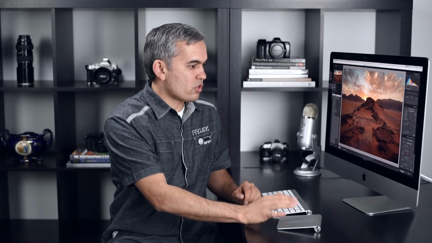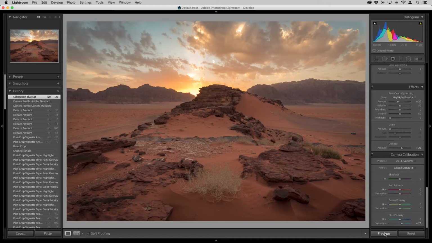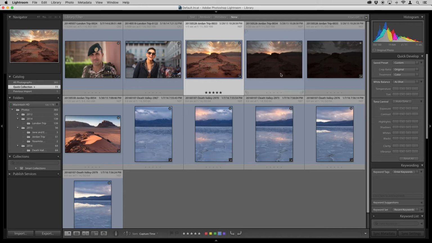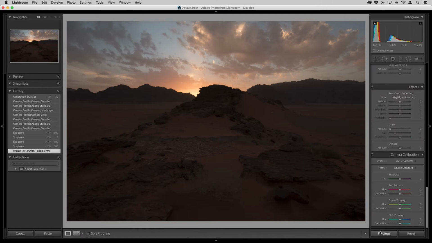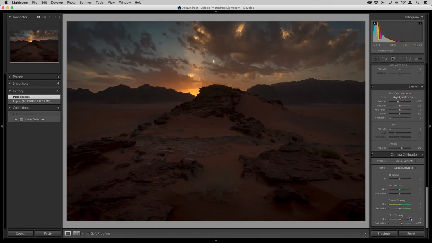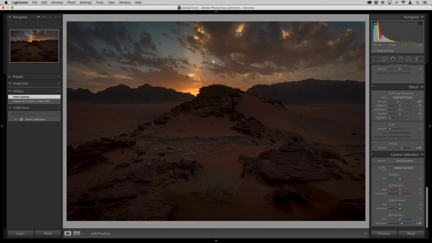Now the previous button works very differently compared to reset, and you've got to be careful with this one, because if you accidentally click on it and things go crazy on your image, that means that you actually pasted settings from a completely different image, not the current one you're working on. Now this can actually be useful. If I go back to the grid and say, maybe I can take everything that I've done to this image and paste it to this image, I go to the develop module and click on that previous button. As you can see, all these settings like saturation, dehaze, and everything else that I've done to the image just got pasted into this image. So in a way, it can be pretty useful.